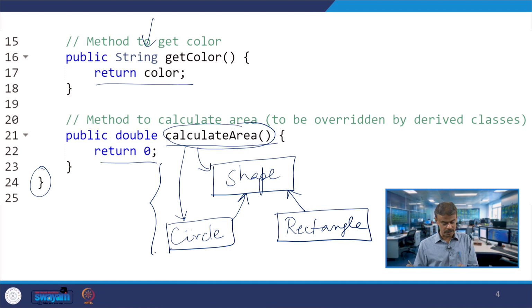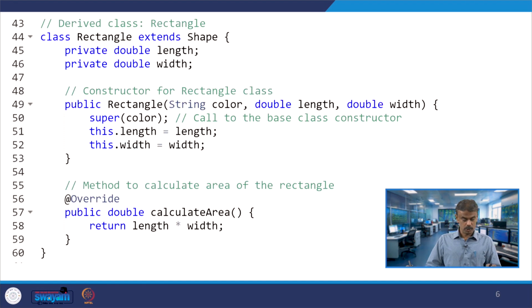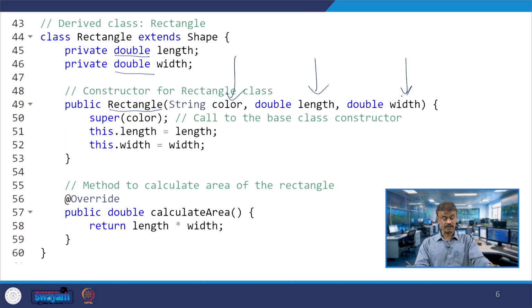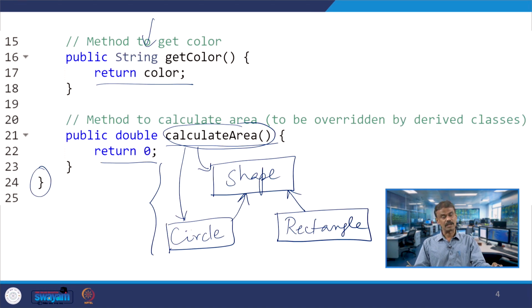Let us see what member data and methods are used in rectangle. Here you go. You have length and width, both private member data whose data type is double, right, and then you have a constructor rectangle. You are passing color, length and width, a 3 argument constructor. Super of color means it has to call the base class, exactly like what we had seen in the case of circle.